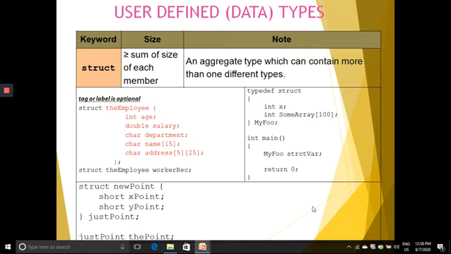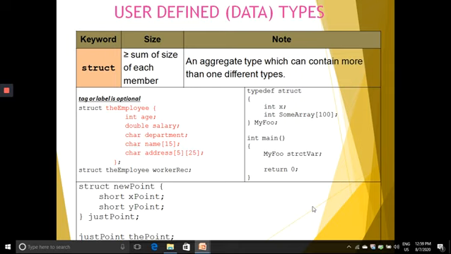Address is a two dimensional array where the first index is 5 and the second index is 25, so it will have 5 addresses with 25 characters in each address. Now we have the semicolon, which represents the end of the structure. And the variable worker record: we have created one record, that is worker record, with the structure.